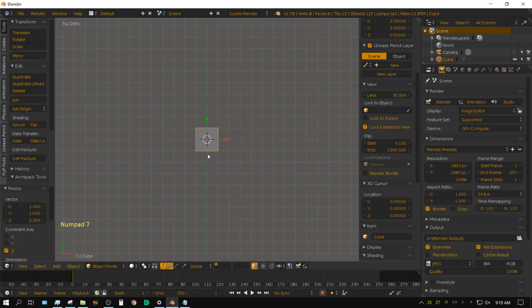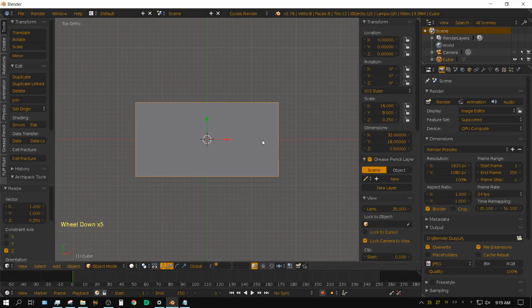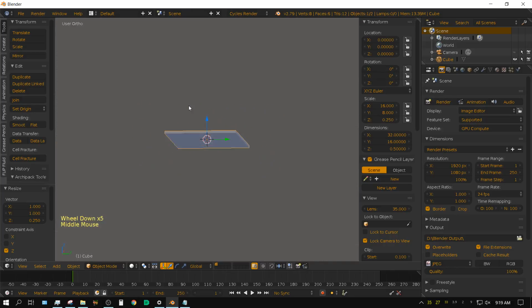Now I'm going to resize it on the X axis to 32, and then on the Y axis I'm going to change it to 16. Now we have the basic floor size.